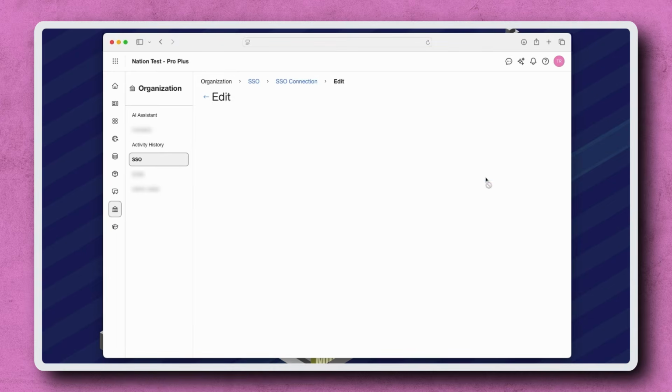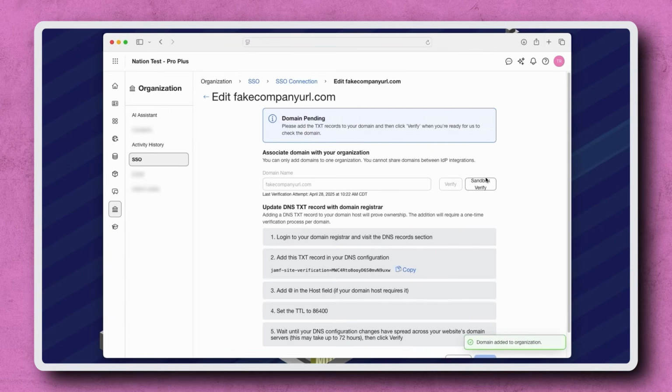After clicking Save, a confirmation message is displayed and a unique DNS record is generated. This DNS text record needs to be added to the domain registrar. Each domain registrar is slightly different, so be sure to follow the steps for your specific setup, and reach out to your network administrator if you have any questions. Depending on your registrar, this record could take a few minutes to a few hours to be propagated.